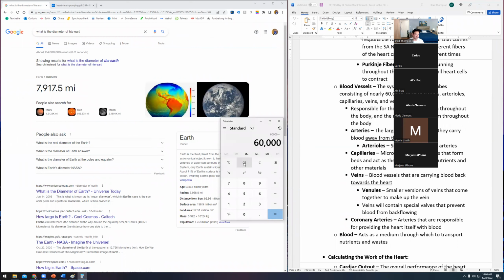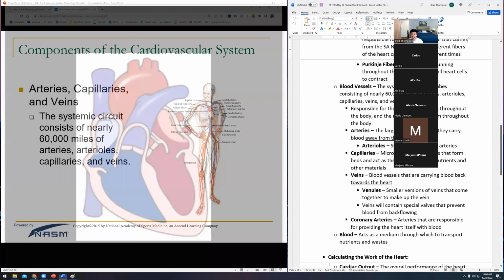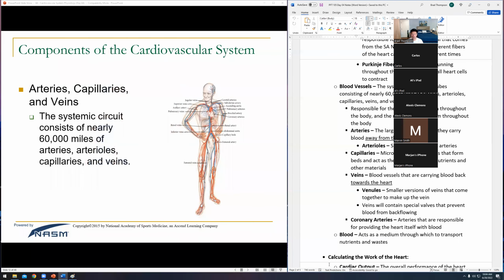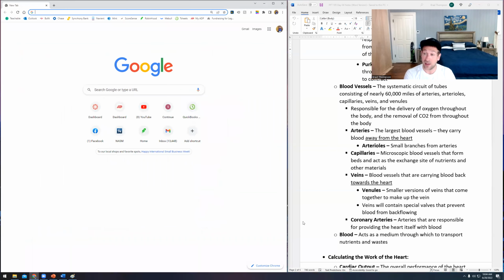60,000 divided by 7,917. So you could go around the Earth 7.5 times with your blood vessels. That's how small some of these are. 60,000 miles worth. These are going to get very microscopic. So if you look at your blood vessels, and by the way, as another example of the bodies exhibit,